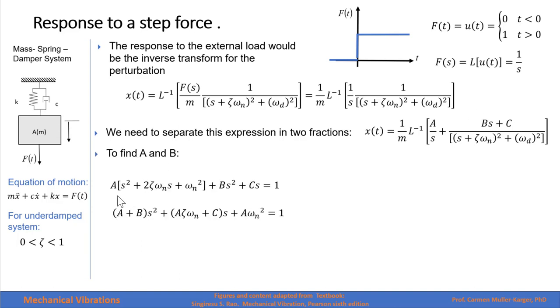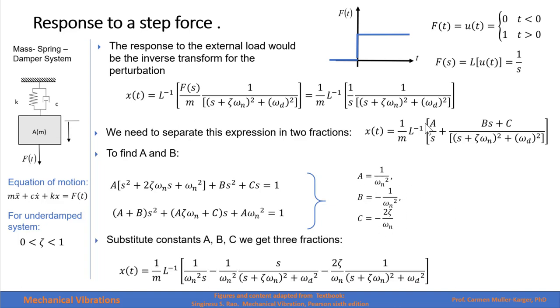To find a and b, I expand this expression right here and make it equal to that one right here. So the numerator has to be equal to 1, which is this one right here. And then making a plus b equal to 0, a zeta omega n plus c equal to 0, and a omega n squared equal to 1, because in this polynomial we don't have terms in s squared and we don't have any terms multiplied by s. This is the only one that has a value, which is 1. Then solving for a, b, and c, we get these values over here,